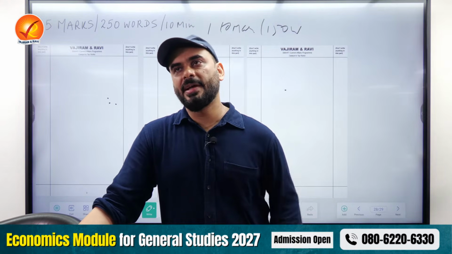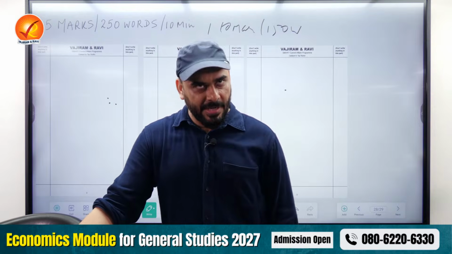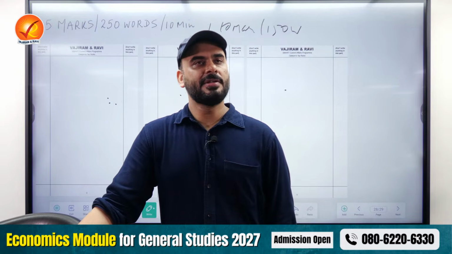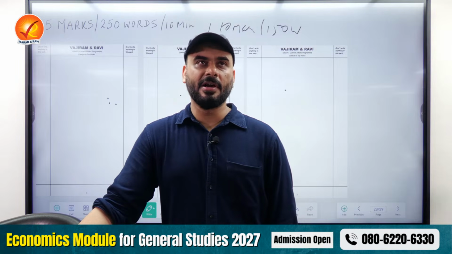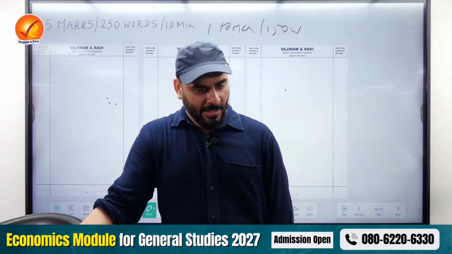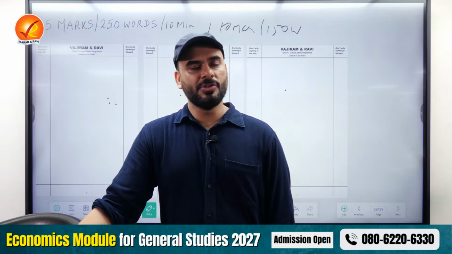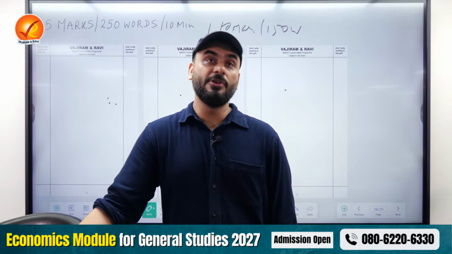So I would say the extent of updates that you will have to do is, let's say, 30%. And that 30% is the current affairs. So if you have done your current affairs well, then there is nothing to worry. Otherwise, you'll have to update yourself by approximately 30% because of the new developments which have happened.